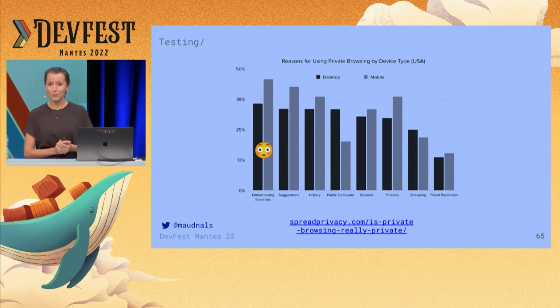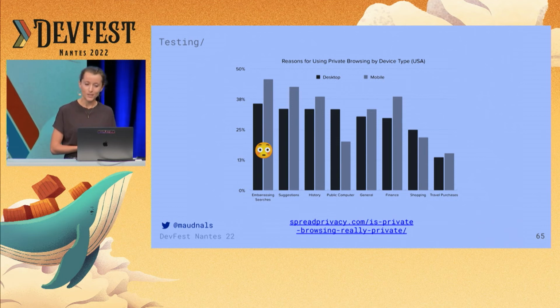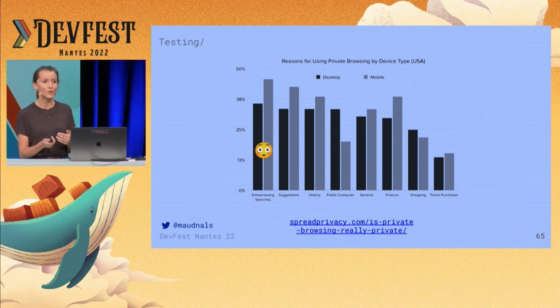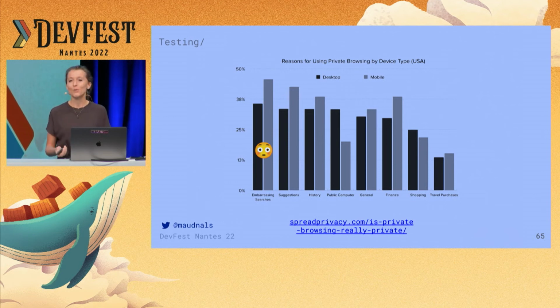And in case you're wondering, the top reason people use private browsing modes is embarrassing content. While it can be subjective what can be considered embarrassing content, I think there are maybe some common themes here. So depending on what your site is doing, it could be an interesting data point to consider private browsing. Just saying.